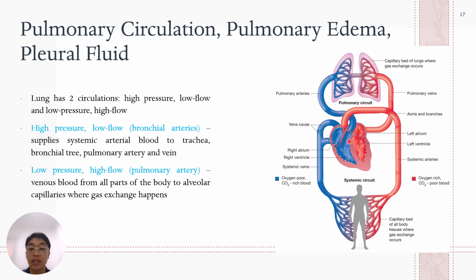Take note that in the pulmonary circulation, what brings the deoxygenated blood coming from the right side of the heart is actually the pulmonary arteries. Okay, when it is oxygenated in the lungs, the oxygenated blood will then be brought to the heart through the pulmonary veins. Okay, so take note of the key difference.